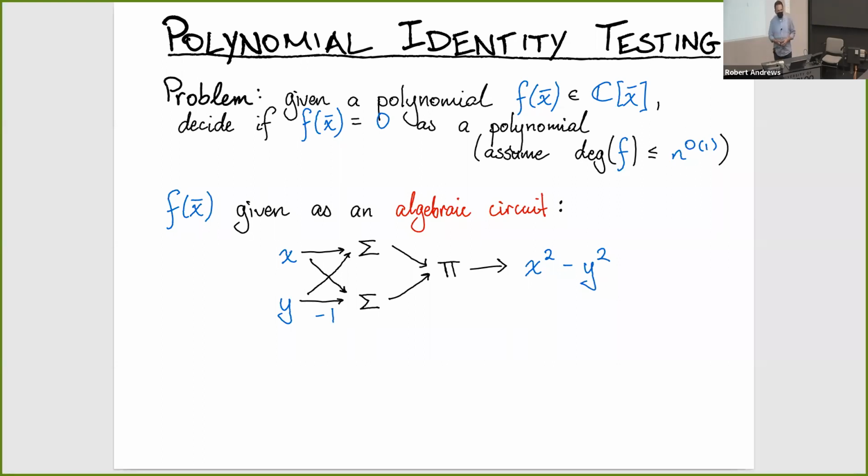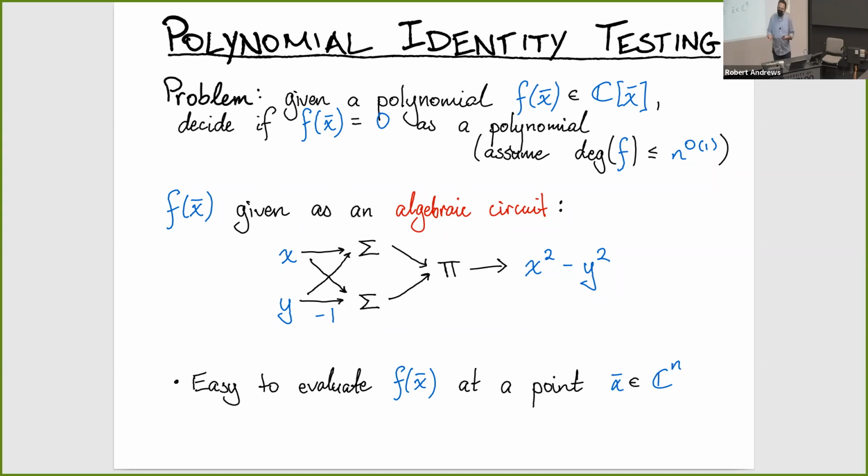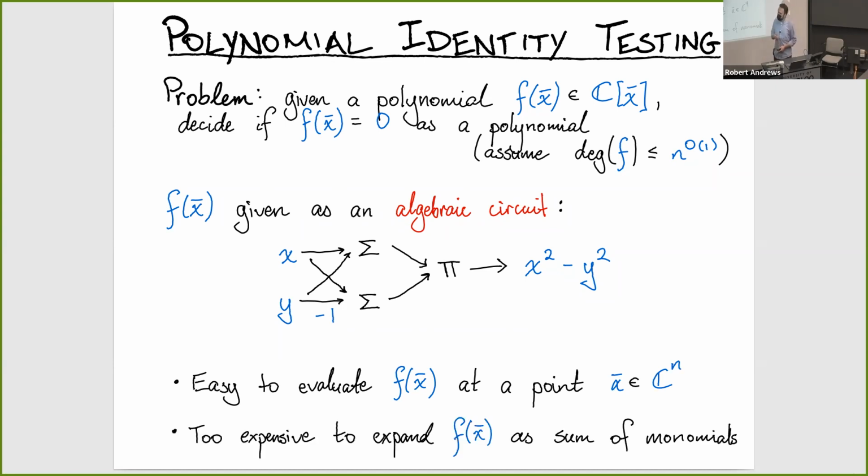Right? Now, this is a succinct representation. You can do something with this. You can evaluate the polynomial given the circuit. Right? The circuit is an algorithm to evaluate this polynomial. But it's too expensive to expand this polynomial as a sum of monomials, right? So there is something we can do, but it's not obvious how to actually test if the circuit computes the